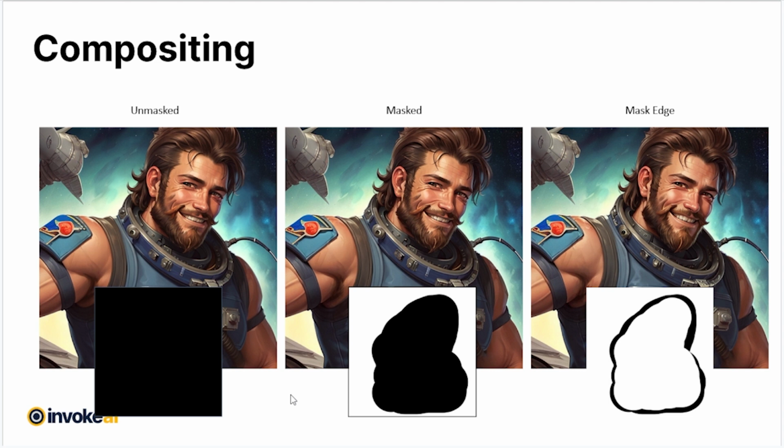There are three options for how this second pass is generated. Unmasked, which is effectively running an entire image to image on the entirety of that new content. Masked, which does a second round of inpainting. And mask edge, which takes the edges of your original mask and just regenerates those. Mask edge is what was originally in InvokeAI in 2.0 to 2.3, and unmasked is the new default in 3.0